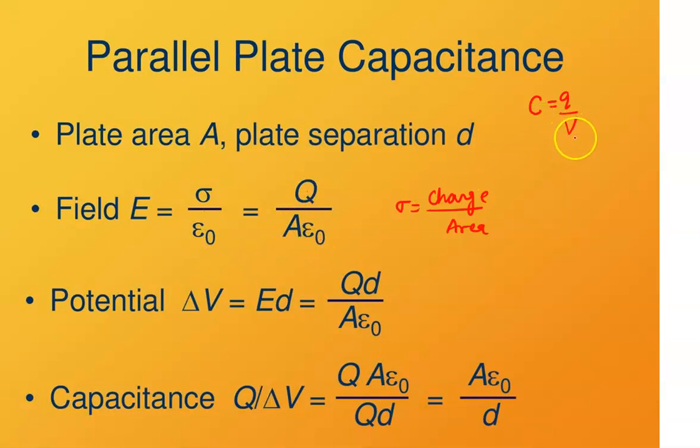So we can put the value of charge per unit area, and epsilon naught will remain as it is. Now my main aim is to find V. So V is equal to E into D. You can put the value of E here, Q upon A epsilon naught, and D as it is. To find capacitance Q upon V, divide this; Q will be cancelled by Q and you will be left with A epsilon naught upon D. So this is the capacitance of the parallel plate capacitor.